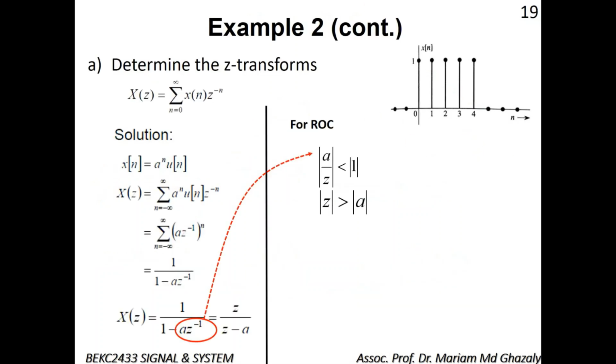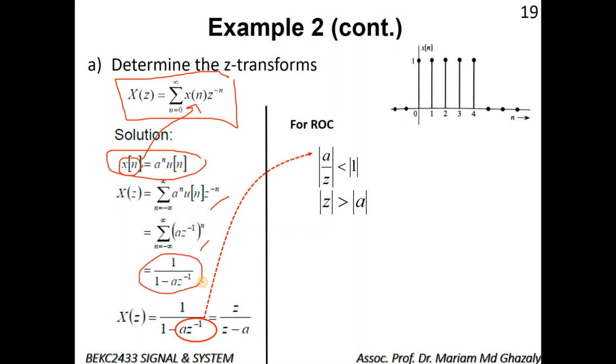But this is an example, so let's see how you actually prove it. To start off, find the z transform for x[n] here. Use the general equation X(z) equals the summation of x[n] z to the minus n. Just substitute the value of x[n] into this equation, then you get this value. Then arrange it, and finally you get this equation. Take out this value, a z to the minus 1, so you have a over z less than 1, z is more than a, meaning that